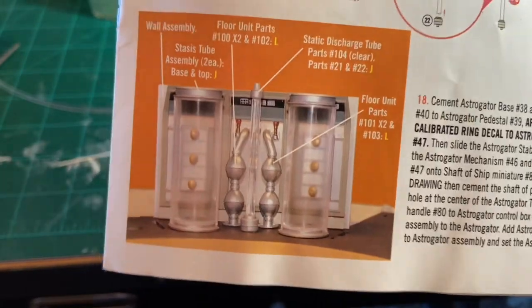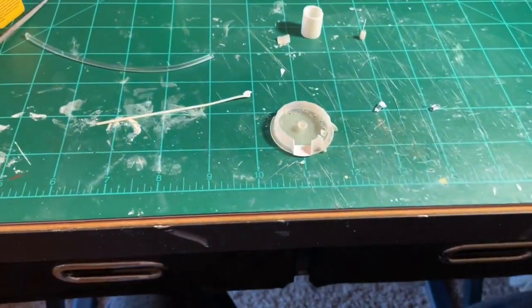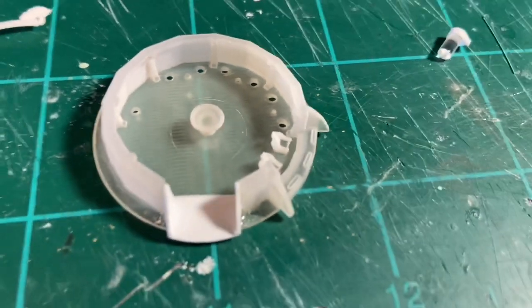But before I do any of that, I want to work on getting these printed out as some decals and figure out how that's going to work on the wall sections. And then we can kind of go from there. All right,